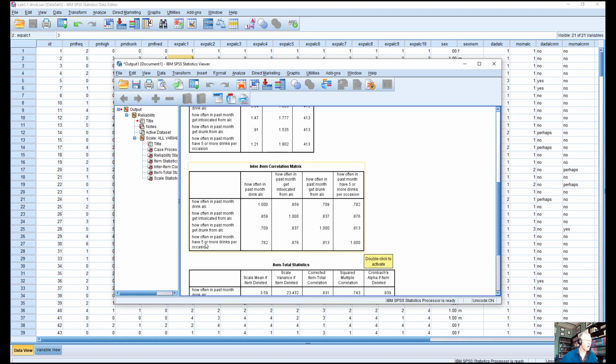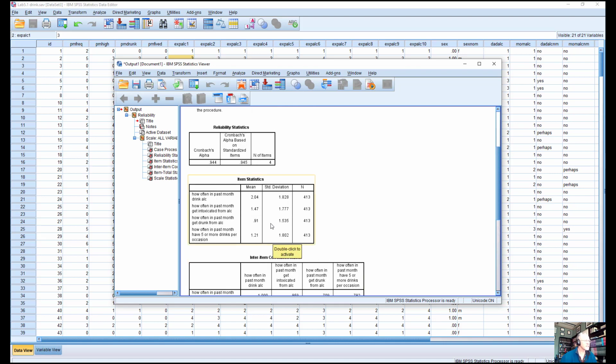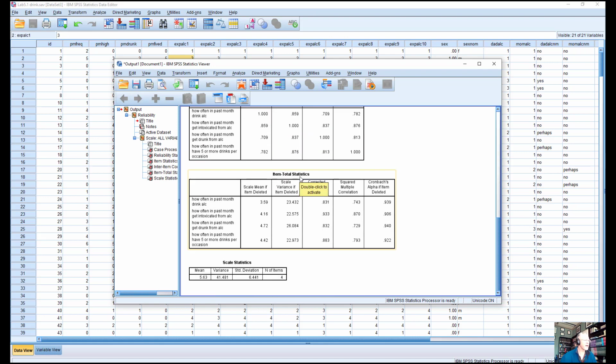The more often people drank 5 or more drinks per occasion, the more often they got drunk. Again, this is not rocket science. It kind of has to be that way. So all these correlations are extremely high. The fact that the correlations between the items are extremely high means that we can treat this as a single scale, and that's the reason why we're getting the nice Cronbach's alpha.